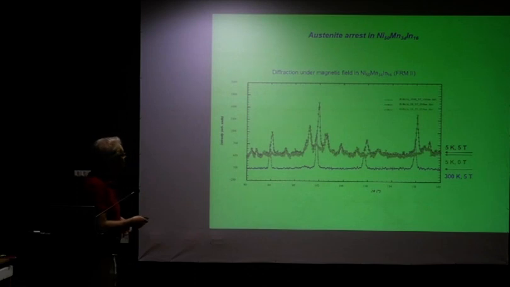Now, if we take, again, a nickel manganese indium, and we are at 300 Kelvin, and we apply a field of 5 Tesla, we get a diffraction pattern that looks something like this. And then we cool it down in 5 Tesla to a temperature of about 5 Kelvin. You see that these peaks have shifted because of the change in the lattice parameters, but the peaks associated with the cubic